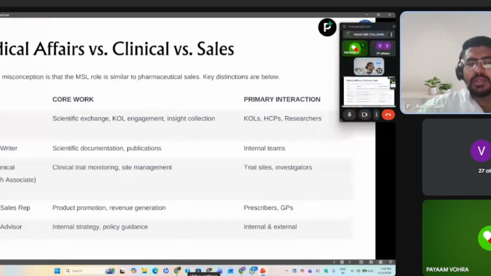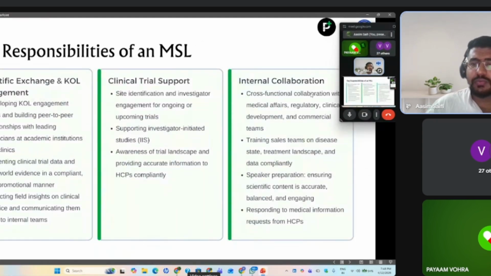Medical advisor is about internal strategy, policy guidance, internal and external. Medical advisors are in the MSL domain as well. Once they have 8 to 10 years of experience, they become a medical advisor. Or companies hire DM specialization, MD doctors who have experience, as a medical advisor or consultant for internal strategy, how to prepare the policies and all, internal and external guidelines. Okay, so here